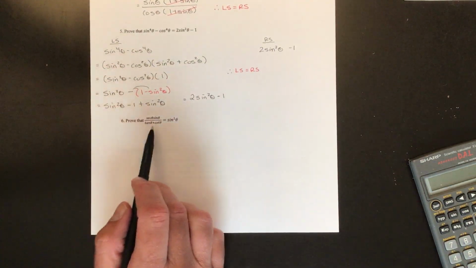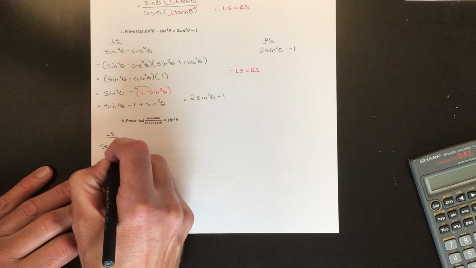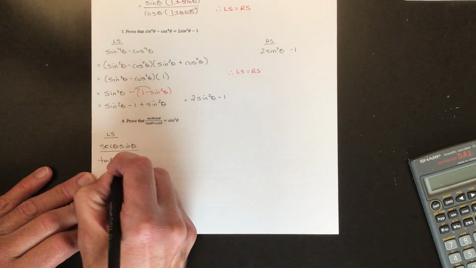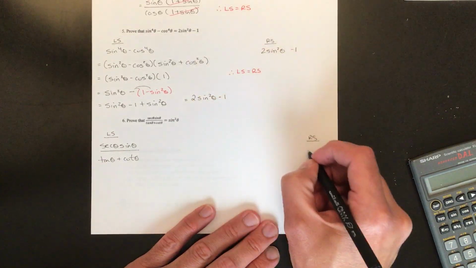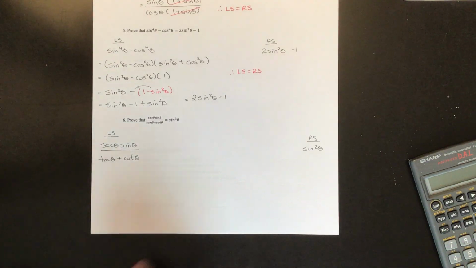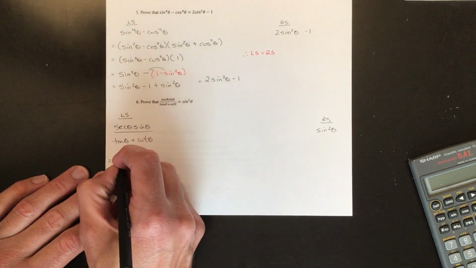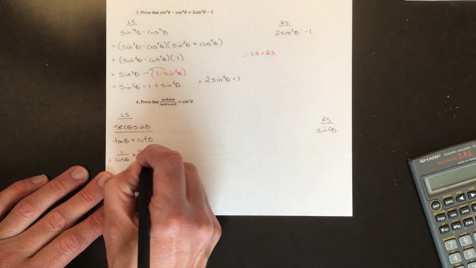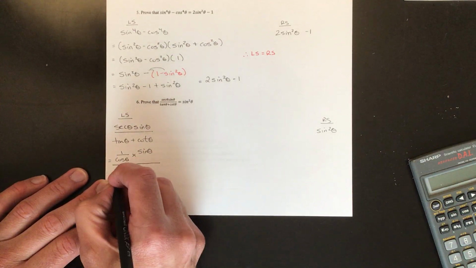Question 6, I think it's easy to see that the left side is the more complicated side. So for the left, we'll write it down here. And my right side, because we're going to need lots of space here, I put the sine squared over here. So step number 1, everything in terms of sine and cos. Get rid of the reciprocals, get rid of tan. So we will make this secant, change that to 1 over cos times sine over